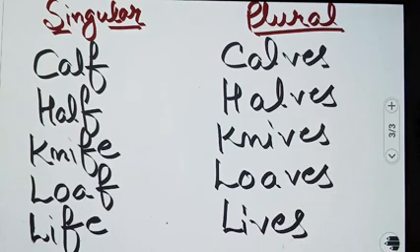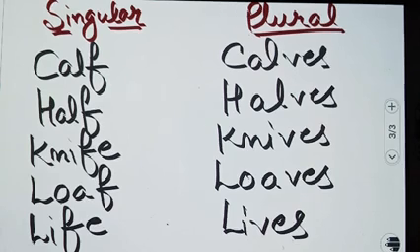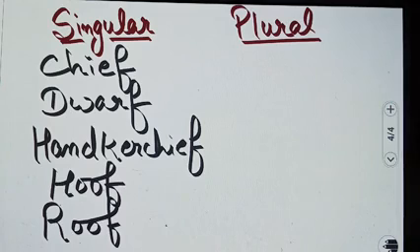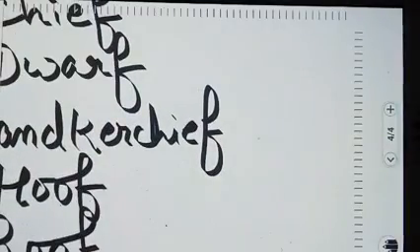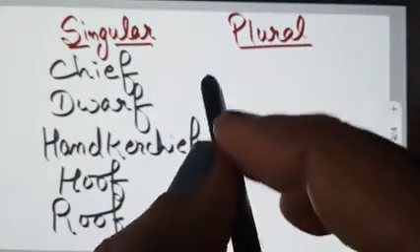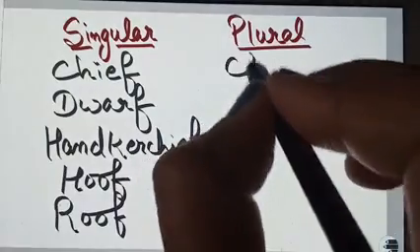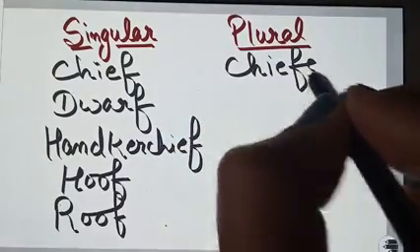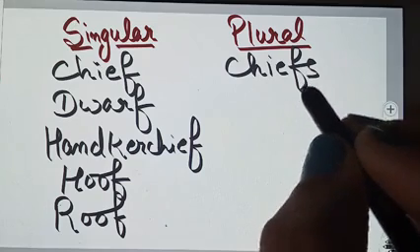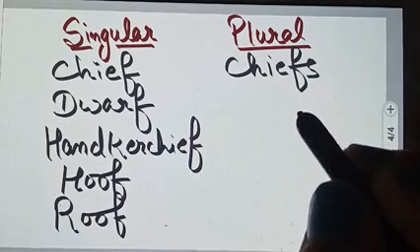Now see further, there's a bit of confusion between other words that you'll see here. If you are having some words with the alphabets at the end like IEF, RF, double OF, so these will become plural by adding S only. No need to use VES like we had done earlier. So a few of the words like that are given here. Like chief, chief is the word, so definitely when you make it plural, it will become plural by adding S only. We will not remove F and we will not use VES in that.